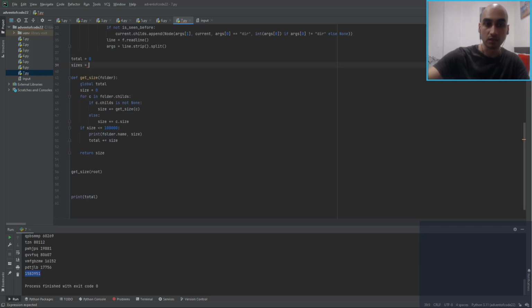And then once we've actually done that, sizes dot append size. Now we just have some list of a random bunch of sizes of different folders. We've also worked out the size of every folder. Now we say